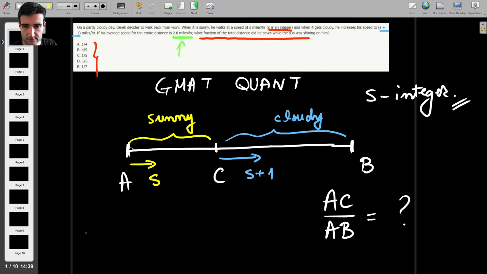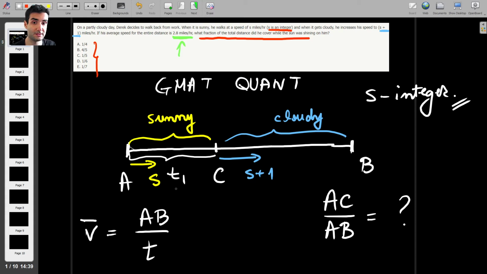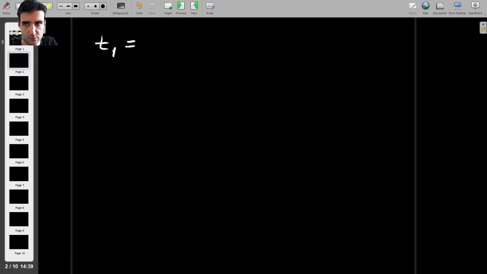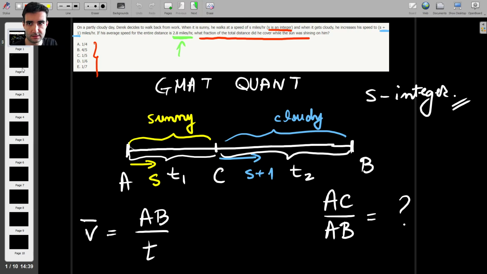So average speed, let's say V with a dash on top, is the total distance divided by the total time. So it's AB, that's the total distance, and the total time, I'll just call it T. We don't really know what that is yet. So let's first find the time it takes Derek to walk from A to C. This is going to be time T1, and then there's going to be another time T2 between C and B. So here's T1, which is the distance, AC,